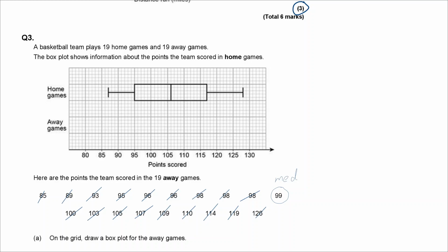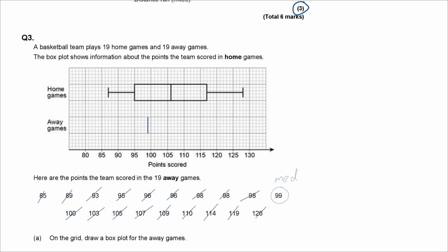So 99 is the median. Every square is worth 1. Make it go up there, perfect. And just make sure now that you are consistent that this is one big square along, and so is that one. Good. That is 99 is our median. Now to get the